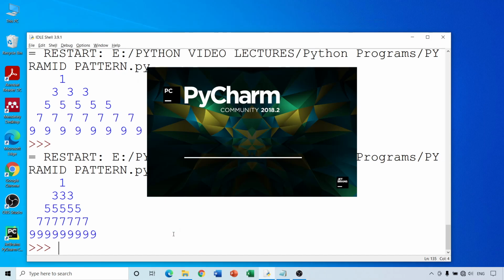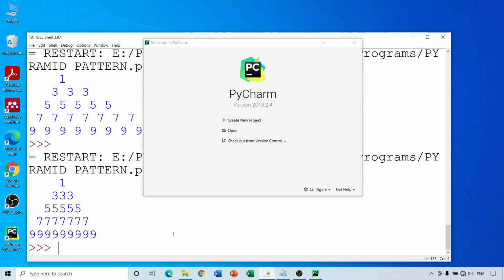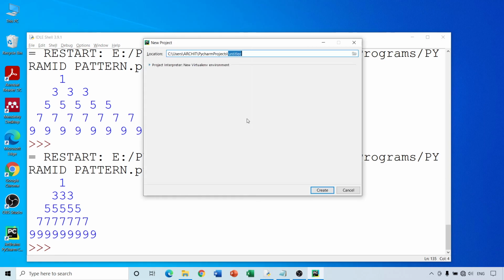Now the way in which Python ideally works for Python programs and PyCharm Community Edition works is different. What you need to do in PyCharm is, first time when you are about to configure PyCharm, all the Python programs are created under one project. So you need to create a new project once, and under that project all your Python programs will be created. So you can select the path.